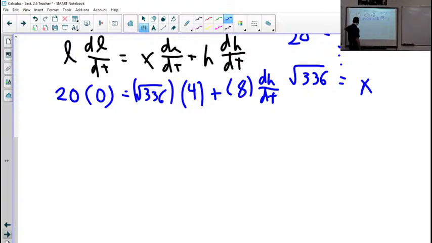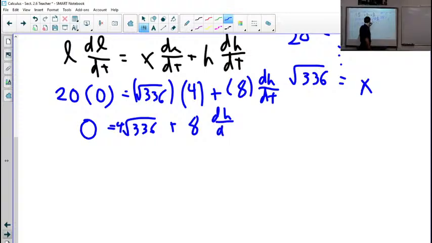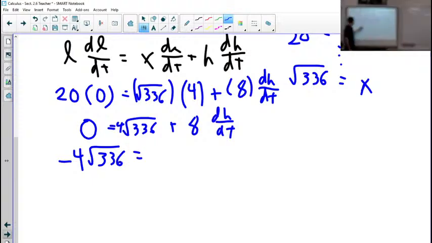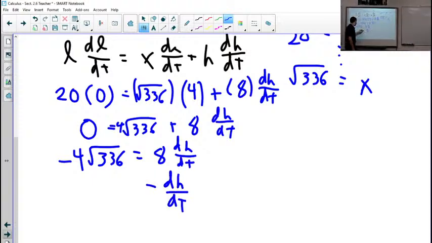Let's see. 0 equals 4 square root of 336 plus 8 dh dt. Move the 4 square root of 336 to the other side. And then when we divide by 8, dh dt is going to be, 4 over 8 is 1/2, so negative square root of 336 over 2, which rounds to negative 9.165